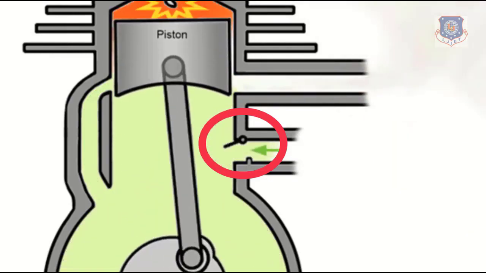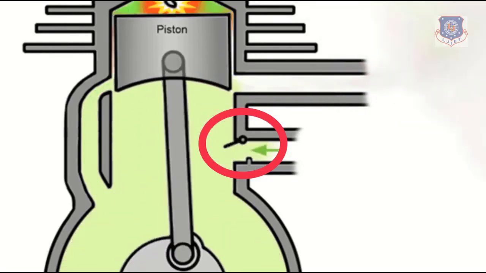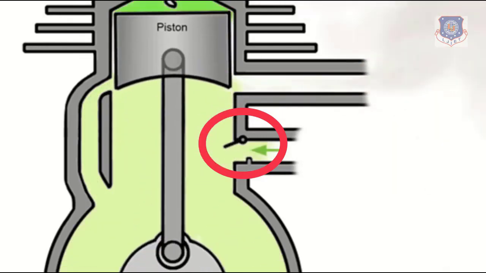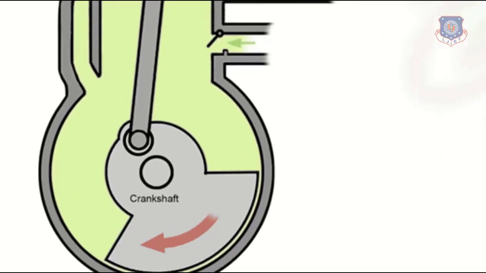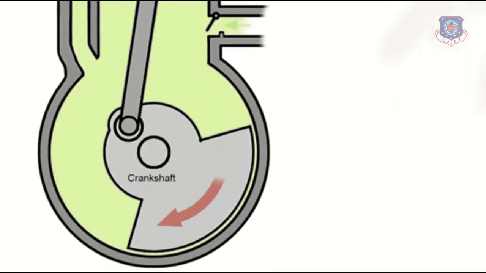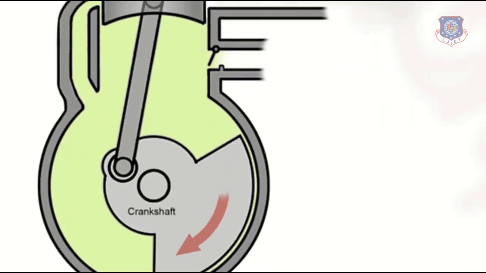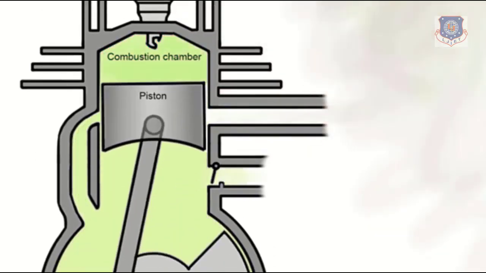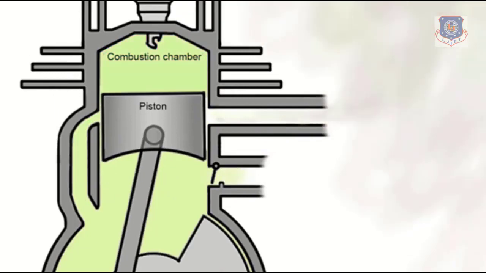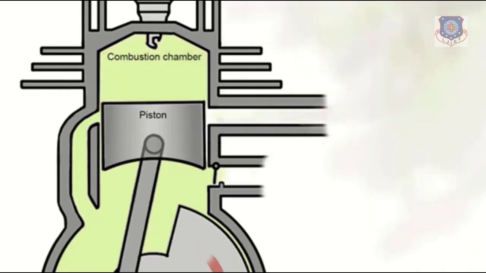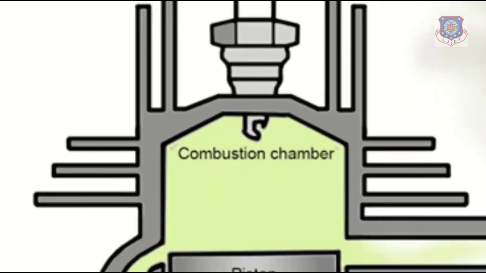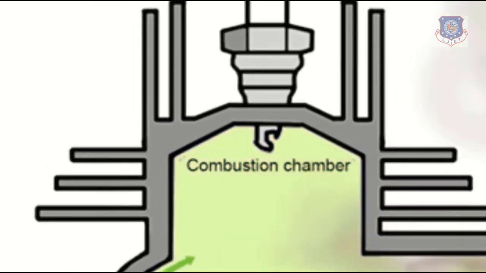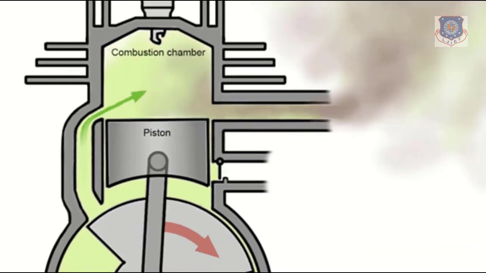Fine. So from this reed valve, all the inlet, that is the mixture of the fuel, will come into the crank portion. Fine. So the crankshaft is moving in a crankcase cover, and here the whole inlet will come. Thereafter it will be transferred through the transfer port over the piston, that means into the combustion chamber. There it will be compressed by the piston. Fine. And after compression the spark is generated.